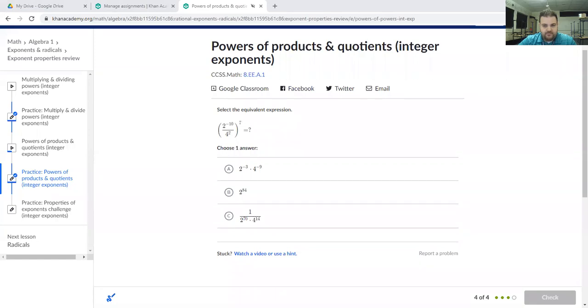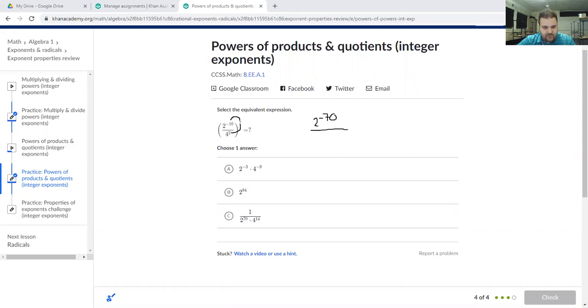And clear this off. Here's our last one that we're going to do together here. You've got a base of 2 and a base of 4, so the bases are different. I always like to look at the bases and make sure there's nothing that can be combined to begin the problem. Down the road you'll see where you may want to think that way. 7 comes down and multiplies by the negative 10 power, and 7 comes down and multiplies by the positive 2 power. We end up with on top 2 to the negative 70